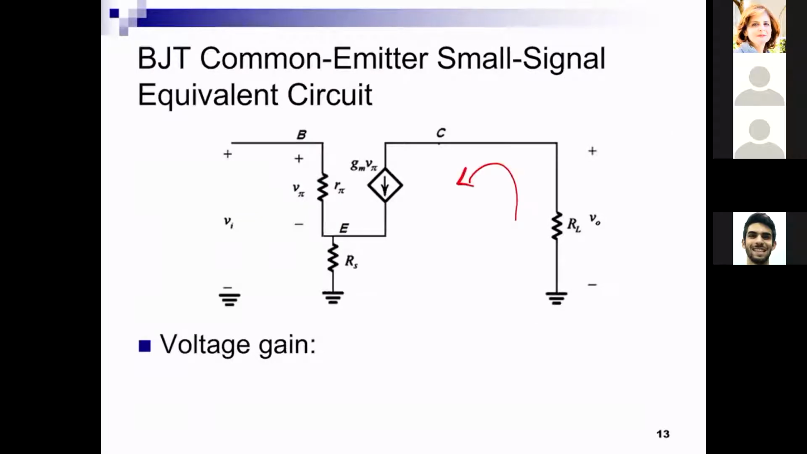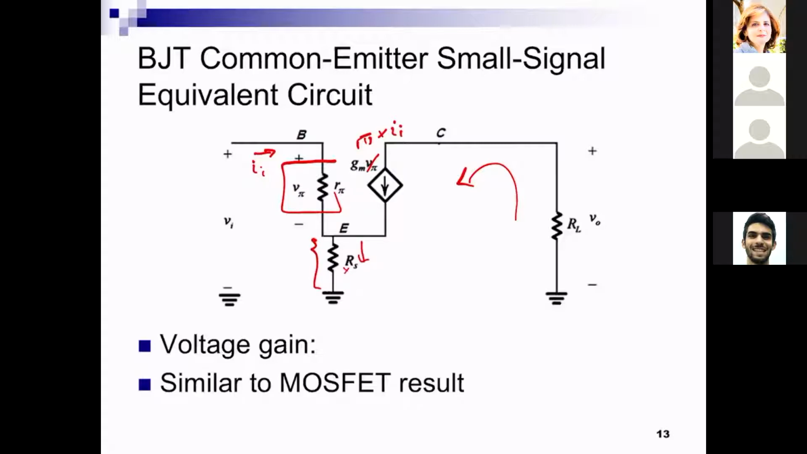We found that VO is really minus GM V pi times RL, and V pi we know is R pi times IN, and we were also able to define Vn as a function of In, which is basically V pi over R pi. Sorry, Vn is V pi plus the current that is flowing in this resistor times Rs, and so we found a result that is similar to the MOSFET result, which is GMRL over 1 plus GM over alpha times